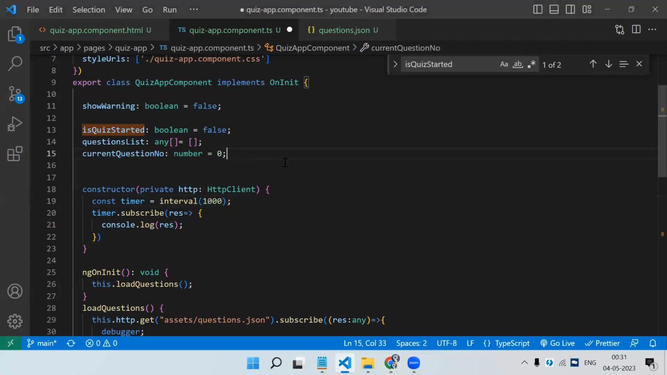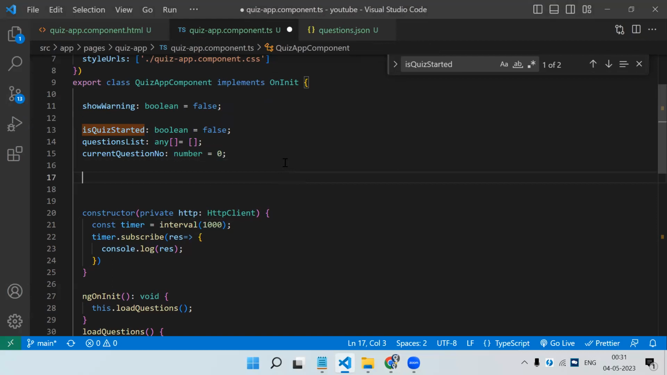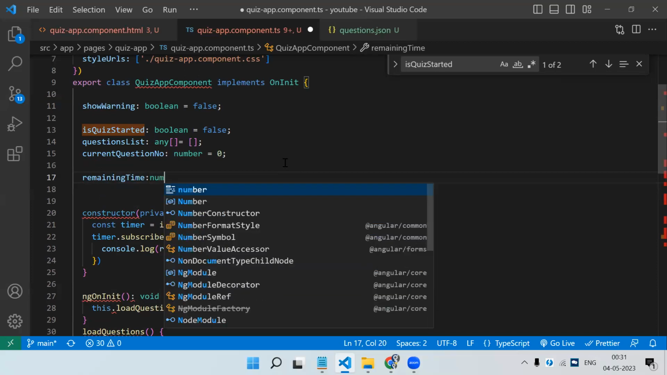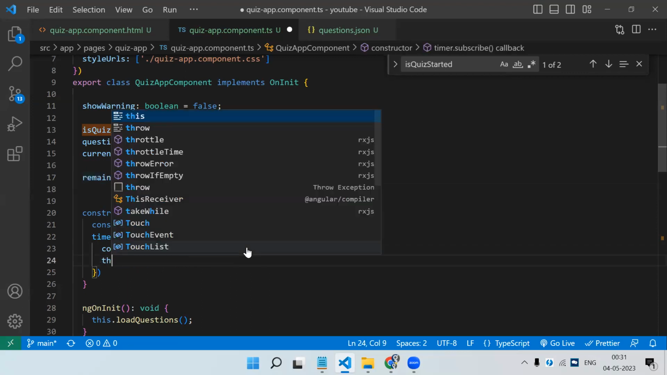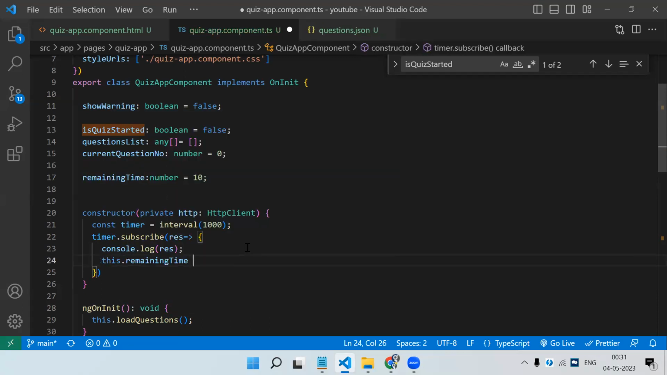right? So we will create one more variable, that is question, let's say remaining time, and it will be a number only, it will start from 10, right? And every time whenever the time interval hits, we need to reduce it. So this.timer--